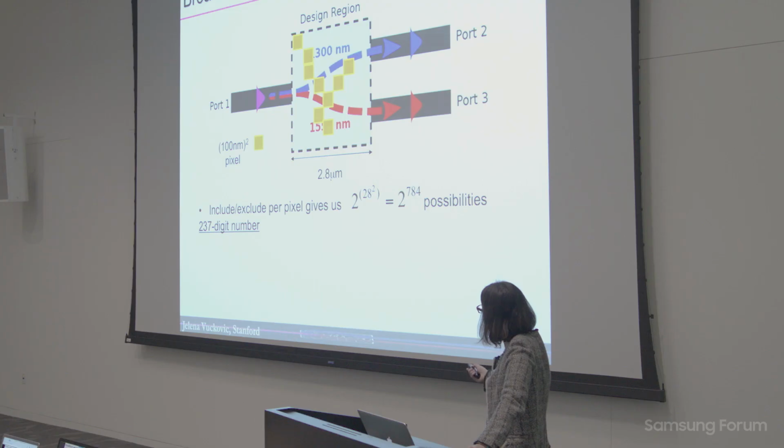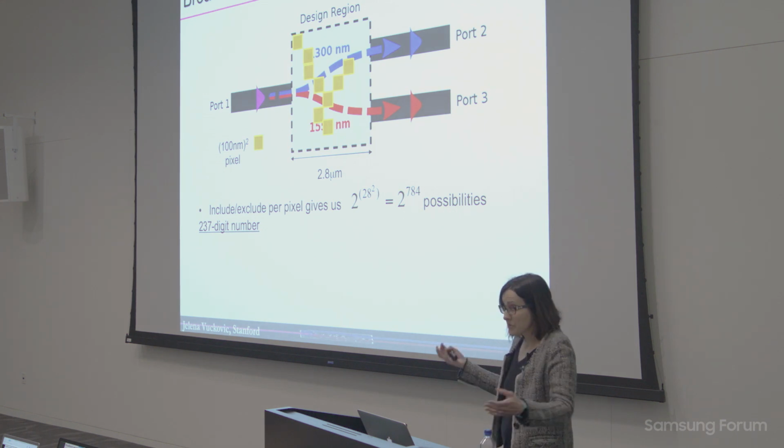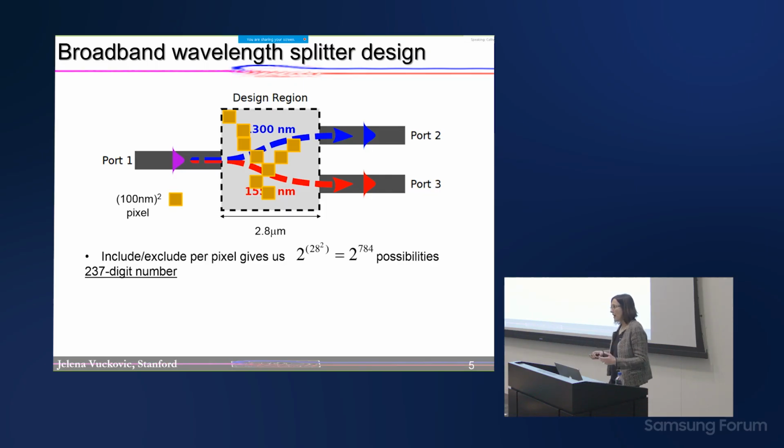Even for this coarse discretization of 100 nanometers, right? For this tiny device and simple function, you have 2 to the power of 784 possibilities, which is a 237-digit number. That is larger than the number of atoms in the observable universe. And remember, you have to try and simulate all of these structures, and they're three-dimensional structures, and simulations of all of them take time. So there is no way in your lifetime you will end up designing an optimal structure,